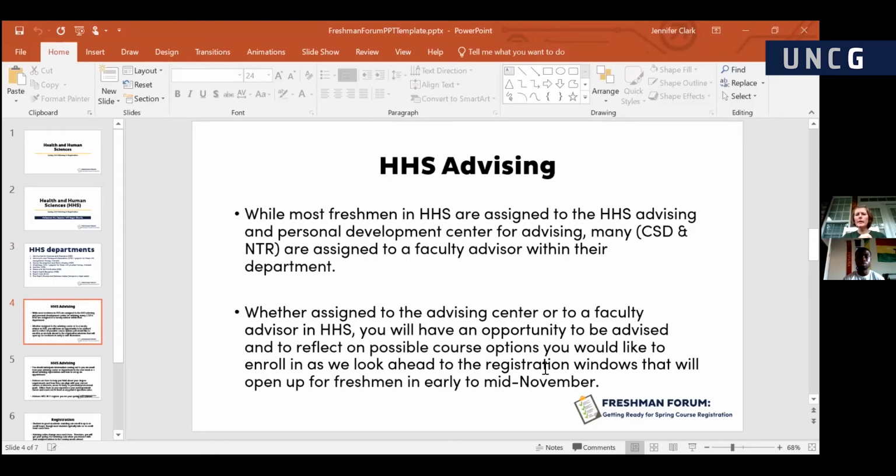We're getting ready to send information to all of our undergraduate students within the School of HHS, including the registration window timeline and some tips to help you plan and prepare for registration. The registration window ultimately defines how soon you can register for classes for the spring semester.